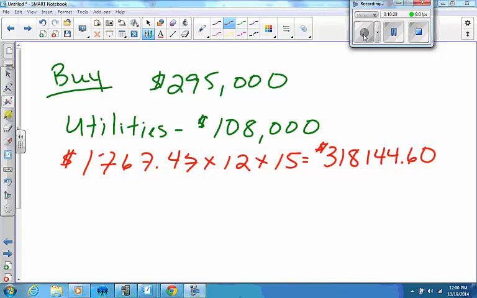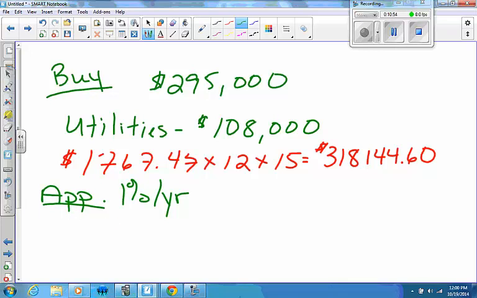For the house, I said to just use an appreciation of 1% per year, meaning that every year the property is going to increase in value. It's quite a bit of money, but it makes sense, right? My house is going to increase in value, just like cost of living goes up. So for appreciation, I'm going to give you an idea how to do that. That's 1% per year. If I take my house price, the $295,000, and multiply it in the calculator by 1.01, which is 1 times the number plus the 1%, and raise that to the power of 15,